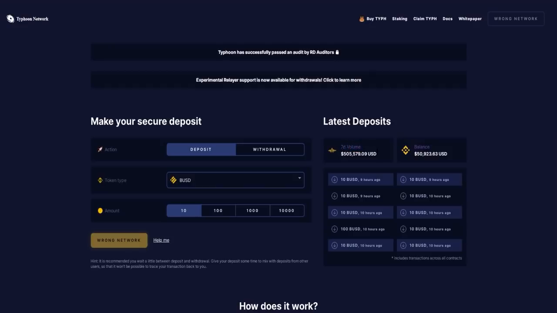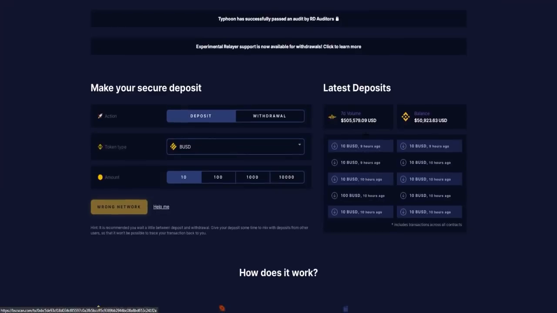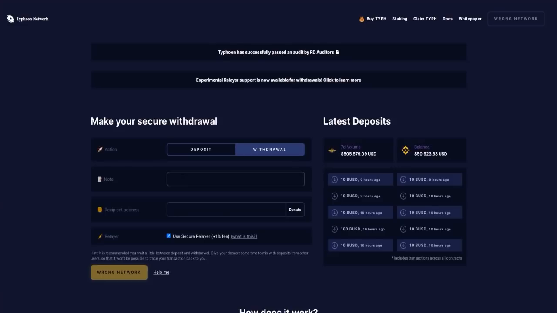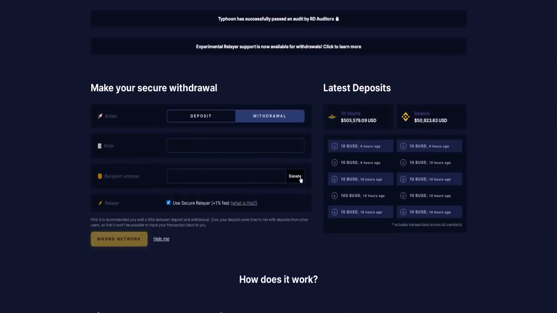So the 7-day volume is $505,000 and the balance is $50,000. And here you can just see all the transactions, and here you have the withdrawal tool, here the recipient address, and when you just click donate, you can just donate to the Typhoon site, and it will be the address of them. And here you can just use secure relay, so it's a +1% fee, and here you can just click it